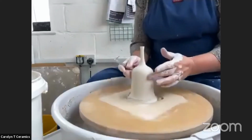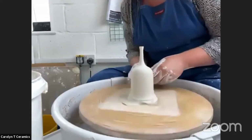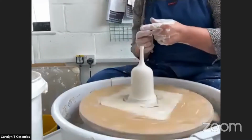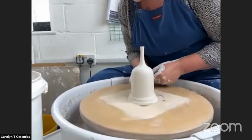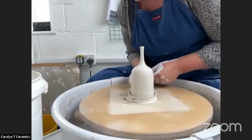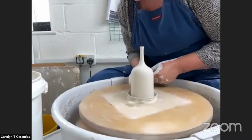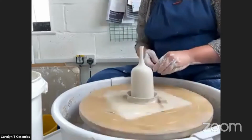Right, so I've finished turning the side of that. Now what I'm going to do is just go for the absolute base of it. So I use a tool like this or a pin, depending on what I've got. A lot of turning is to do with the condition of the clay, making sure it's the right sort of hardness. If it's too soft, it's no good, and if it's too dry, you're going to cause